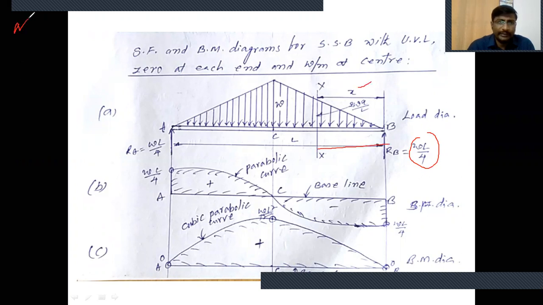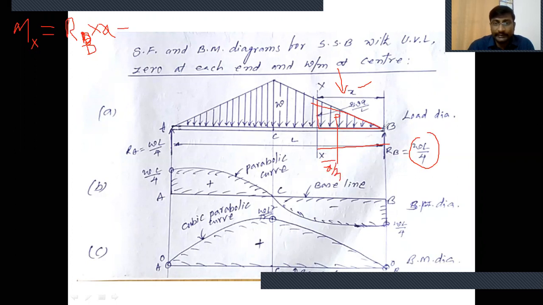I am writing the bending moment at the x-axis section as Mx. Mx is equal to RB into x, the moment of the reaction force about point xx. RB into x is in anti-clockwise direction, so positive. Next, the load acting on the right side of the section is in downward direction, which is concentrated at the center of gravity of this smaller triangle. The smaller triangle's center of gravity is at a distance of x by 3 from the base. Why am I taking x by 3?